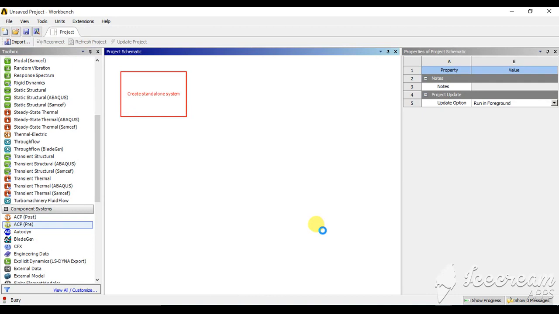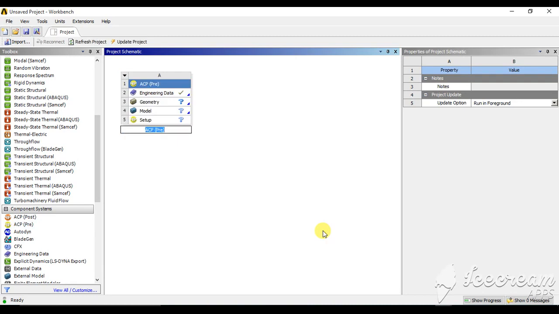Now we know that composite is of many types, but this ACP is basically dedicated to fiber reinforced polymers, which contain the fiber and the matrix, like epoxy or plastic polymers, etc. So these are the basic concepts that you must know before going for an analysis.